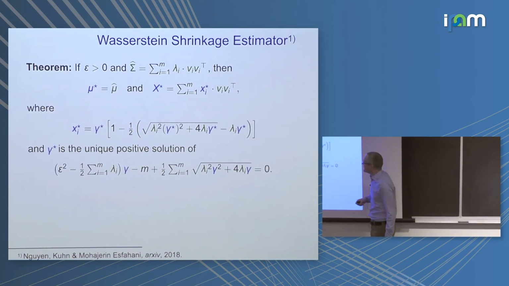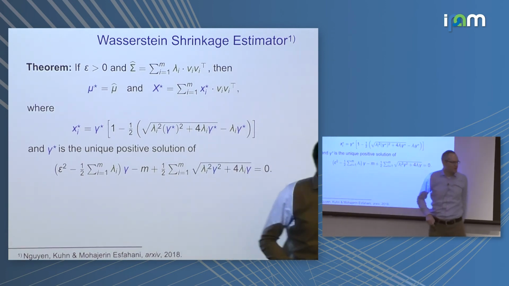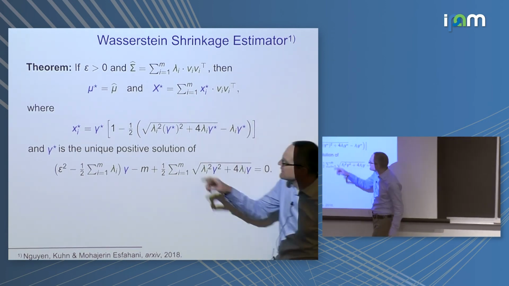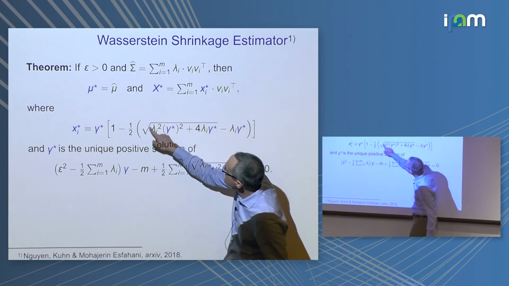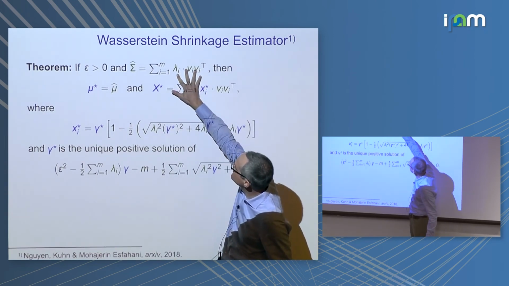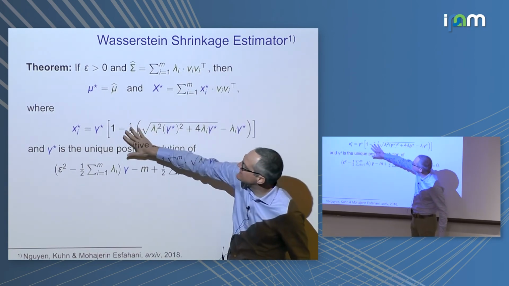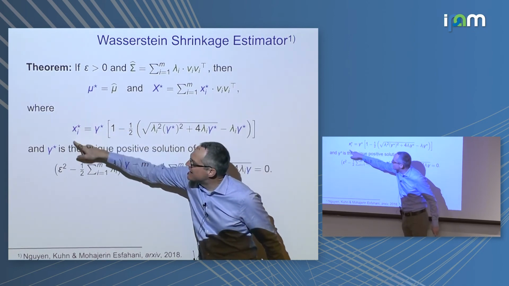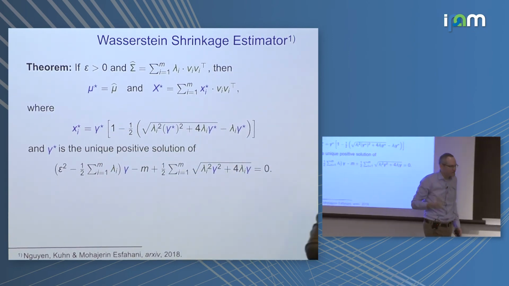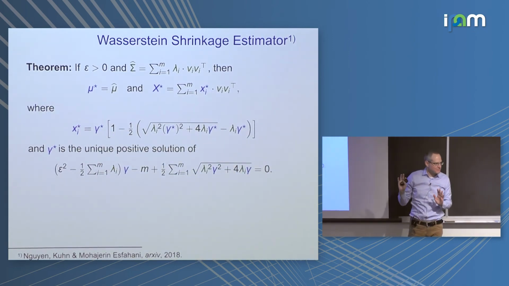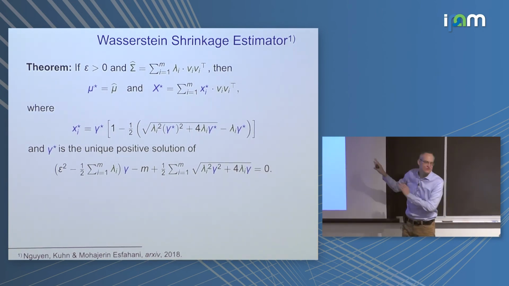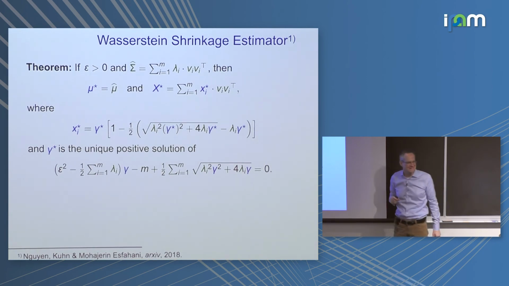Are we supposed to see that this is actually shrinkage? I don't see it, but... You need to plot it. You don't see it, no. Actually, here we look at the precision matrix, so lambda i is the eigenvalue of the sample covariance matrix, and these are the eigenvalues of the inverse. But you can prove it, and you can plot it, but I don't expect you to see it from this slide. My apologies.